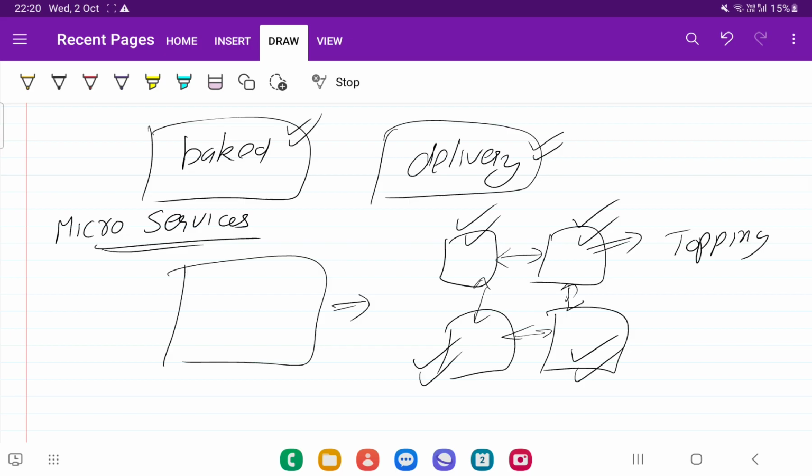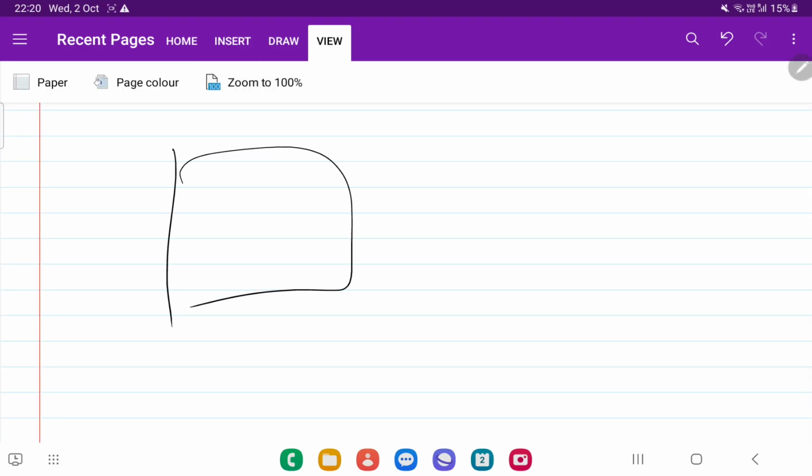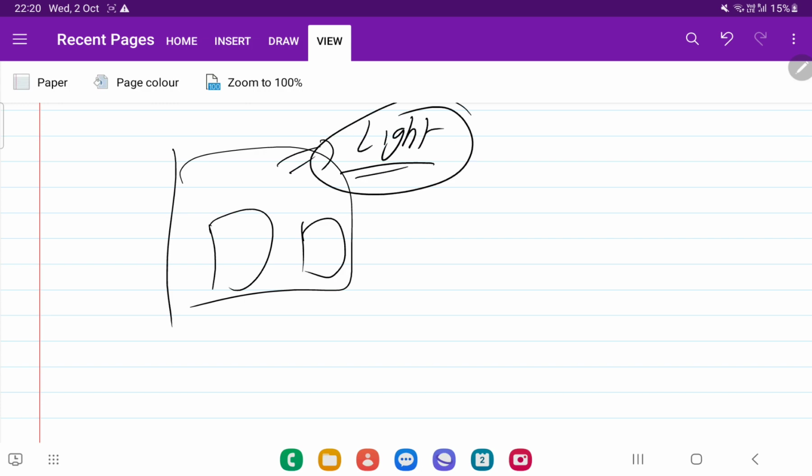Now let's come to another situation. Let's say you are owning a shop, and in the shop there is some light issue today. Light is not coming in that area. Now if light is not coming in that area, what will happen? Your pizza shop will be stopped. But in a computer system we can't do like this, we can't make our website go down. So what we are going to do, we are going to open multiple branches.